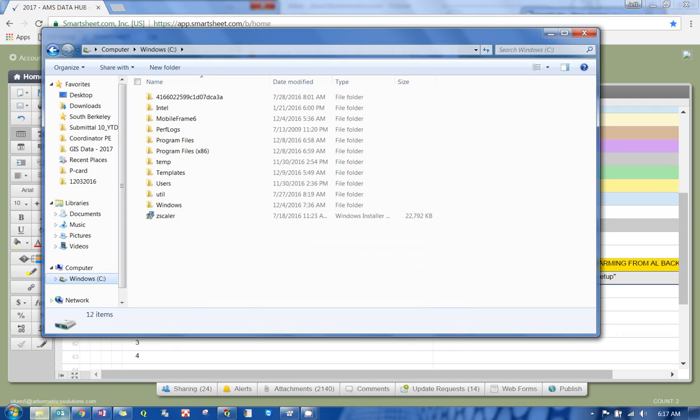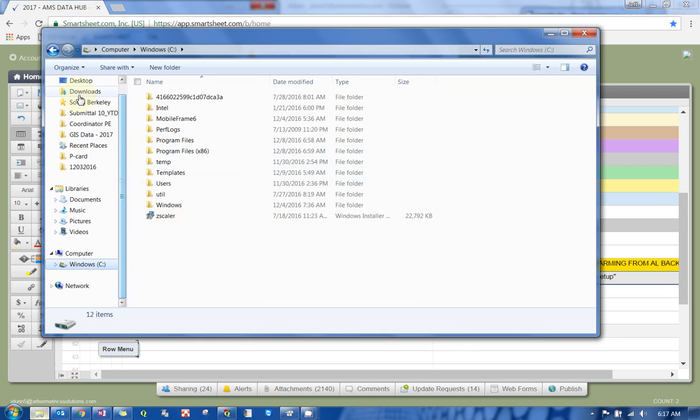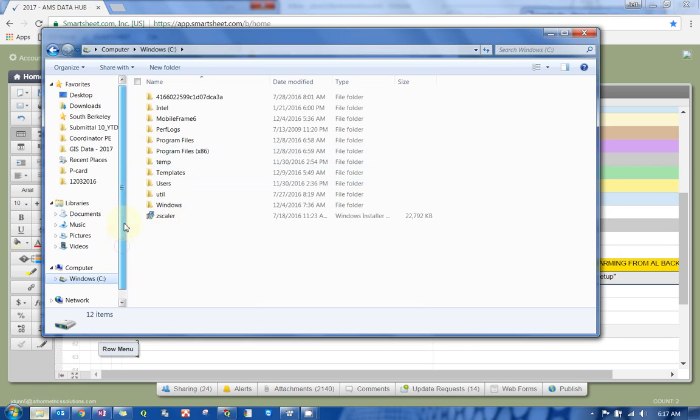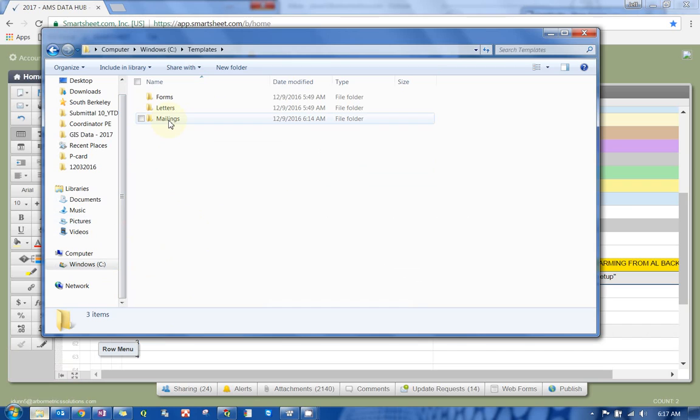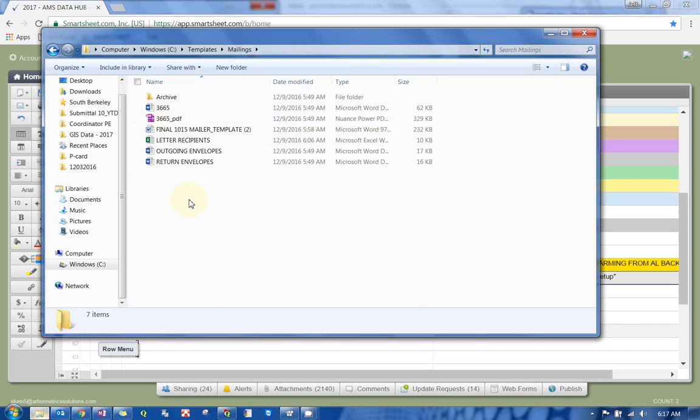I'm pretty sure that shows up as a default. I don't think I need to show you how to attach that file icon to your taskbar. I'm pretty sure it's already there. But we're going to go to our C drive, so we'll scroll down on the left side here. Usually starts up here somewhere. We'll scroll down using the bar, click on the C drive, Windows C, and that brings up our menu where our templates folder lives. We'll double click on templates, we'll double click on mailings, brings us into the mailings folder,